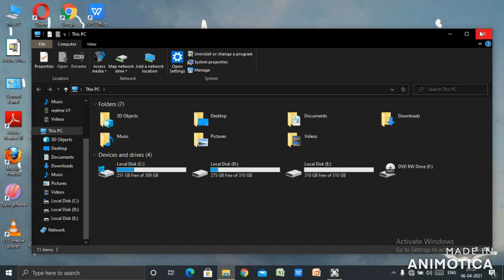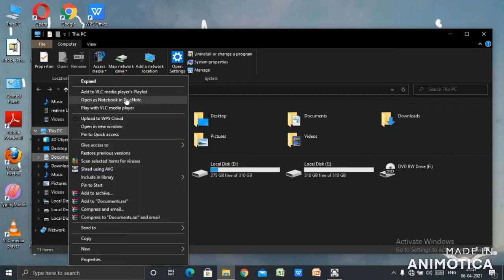Now, next come to the jump list. We had to study about the jump list. Now suppose here this is a document written over here. Suppose I want to create a shortcut of the documents option. What I will do, I will select the documents option, right click the mouse and you will get a drop down menu.